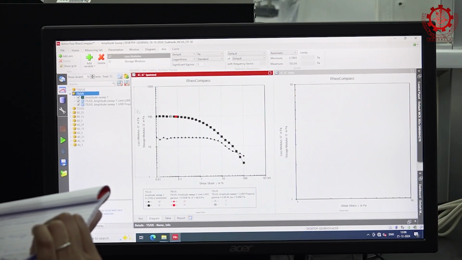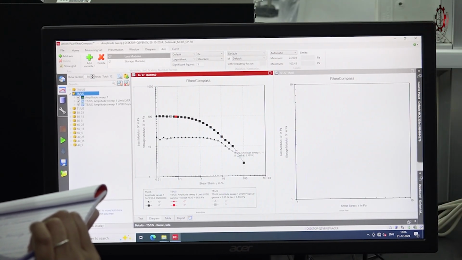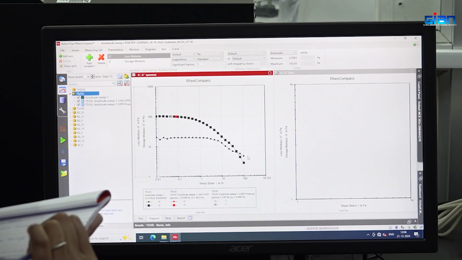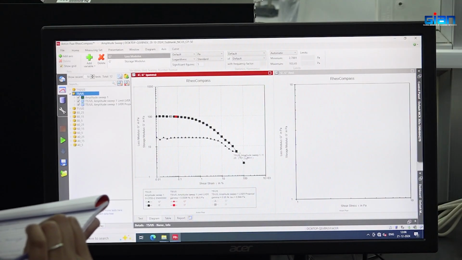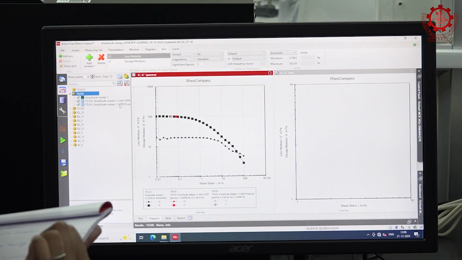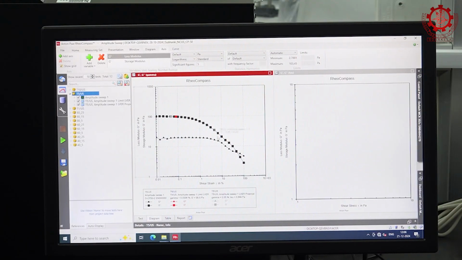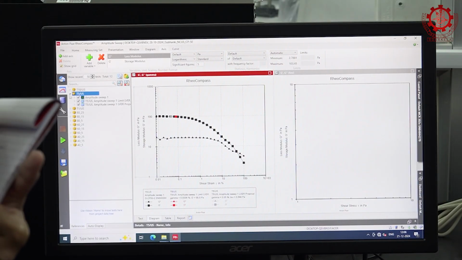Before this, the elastic nature was higher, and after a certain point, which is called the crossover strain value, when we increase the strain value, it showed more liquid-like behavior. Before that, it was more of a solid kind of behavior. So this is a plot of an amplitude sweep. From this LVR region, we will select one point. Suppose we select 0.01% strain or 0.1% strain, and we'll do the frequency sweep test.